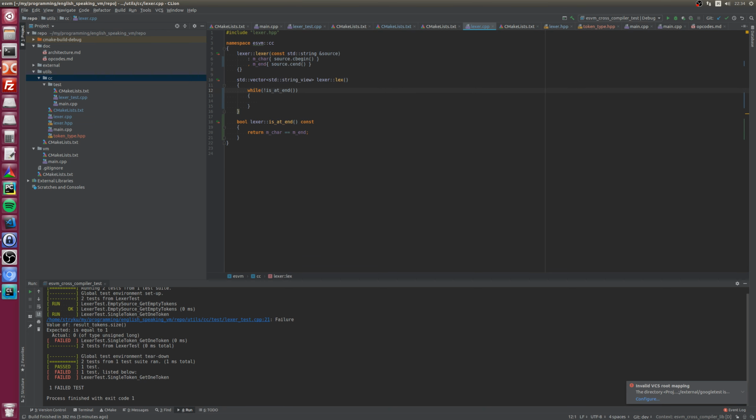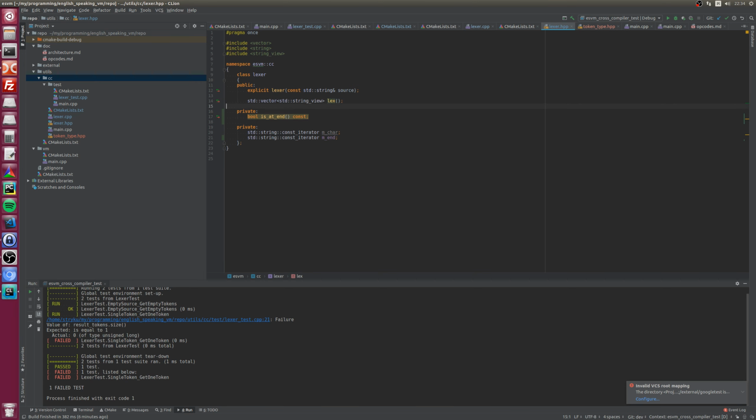Oh, yeah, let's create tokens here, a vector of string views, tokens, and let's just return those tokens.